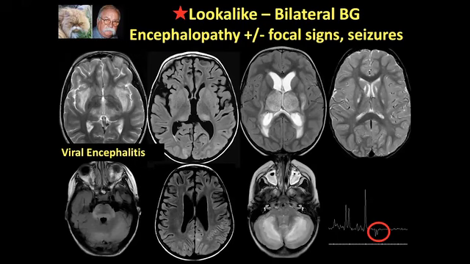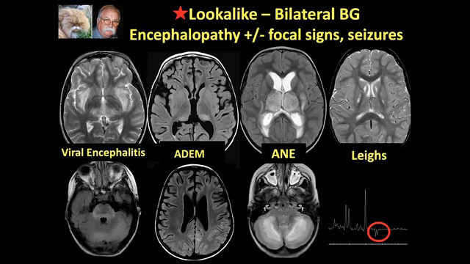Particularly in the setting of encephalopathy, and these patients may or may not have a fever, consider ADEM. If it is hemorrhagic, one should also consider acute necrotizing encephalitis. And then if you have got a lactate peak, consider Leigh's disease. And these can mimic acute infection and be quite difficult to differentiate on CT. But obviously these patients often, because they're not completely fitting the clinical scenario of infection, will come to MRI.